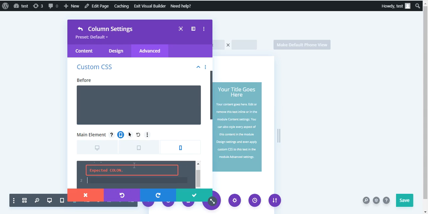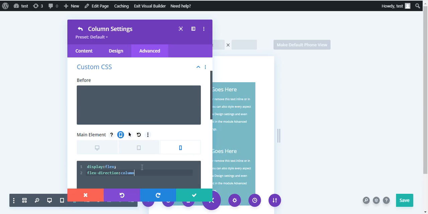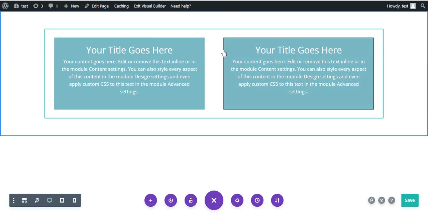Display flex is going to be there, and then flex direction is going to be column. Now it will be one below the other on mobile screen.